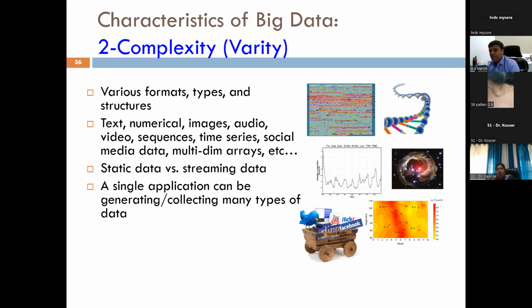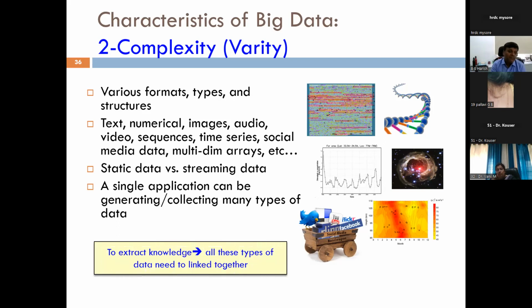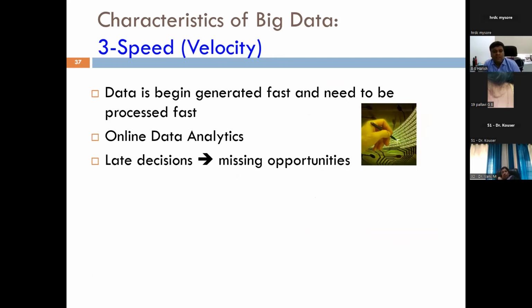Nowadays, highly sophisticated telephones will capture different types of data, like your banking data, your personalized data, your climate data, your traffic data, which can be captured through Google Maps, and your traveling data. Everything can be captured by a single device, but in different forms of data. So this is with respect to the second characteristic of big data.